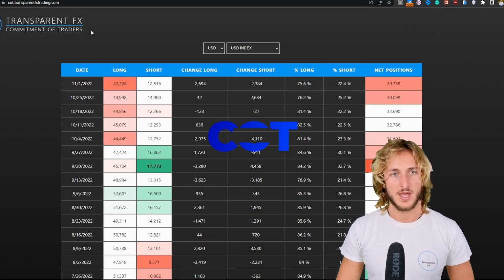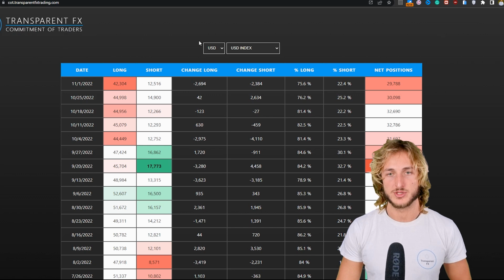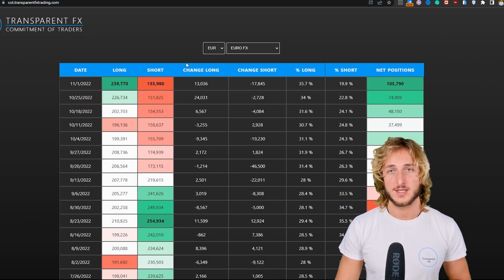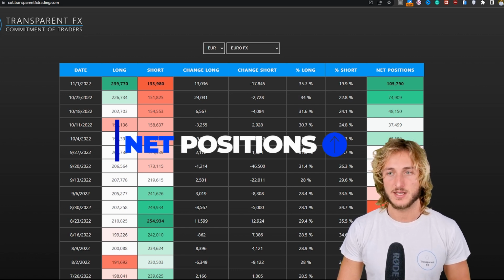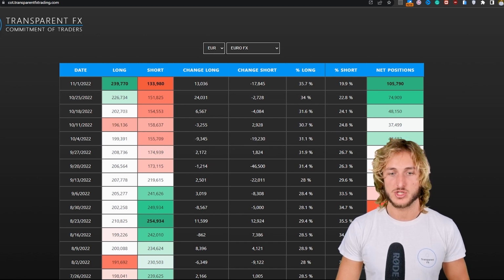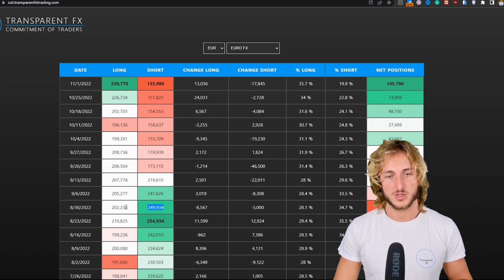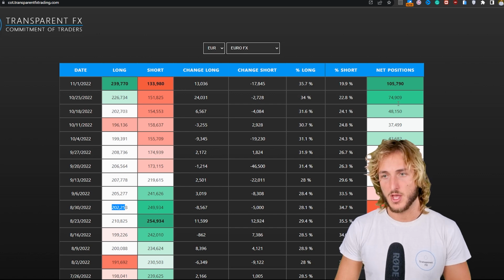Now, if we go and see what we have when it comes to the commitment of traders, so the COT data, which is what the non-commercials, so the biggest speculators in the market are doing, and we check the data for the euro, we can see how with the last reports, net positions have been increasing. We went from having a negative net positioning of minus 47.6k net positions with way more shorts than longs. In fact, we had 249k shorts compared to only 202k longs from an institutional perspective,